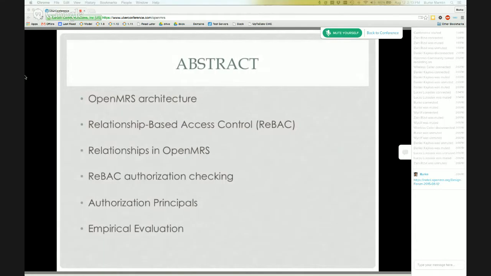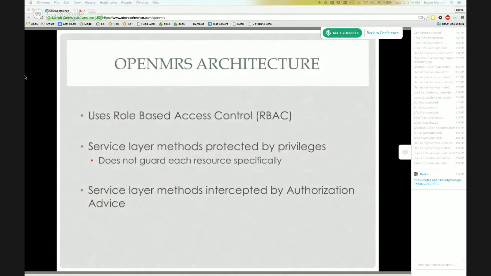So here's just an abstract of what I'll be talking about. Very brief about OpenMRS architecture, the access control aspect of it, and then introducing relationship-based access control and how it was introduced into OpenMRS. Okay. So as mentioned earlier, OpenMRS uses role-based access control, and the way it protects resources is through service layer methods, which is the API for OpenMRS.